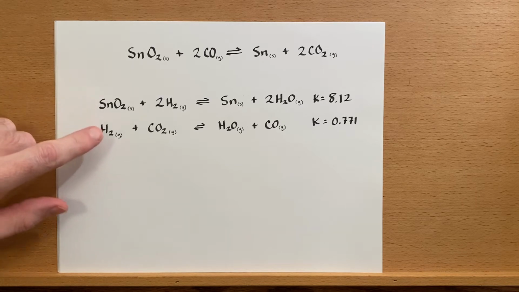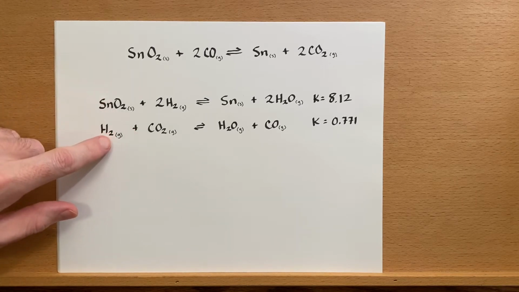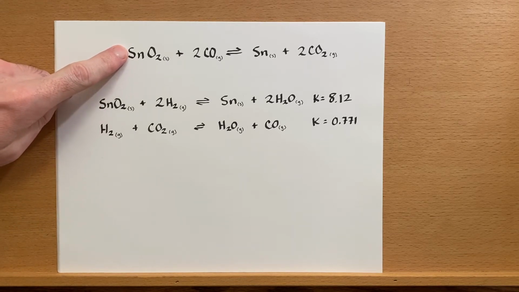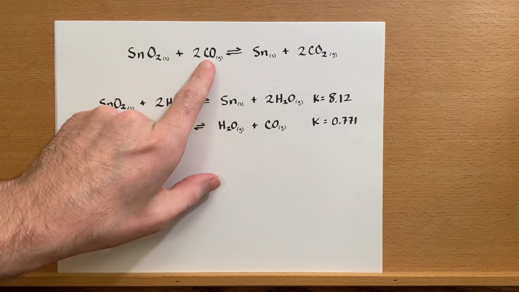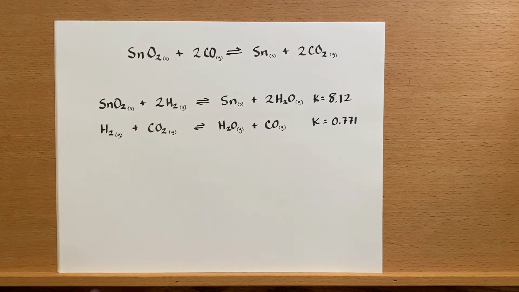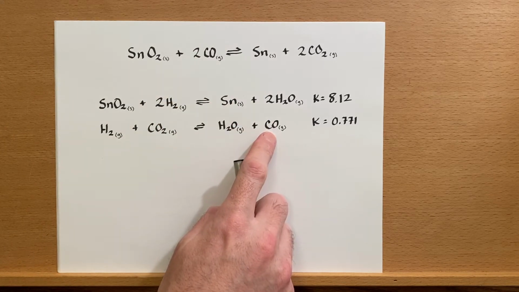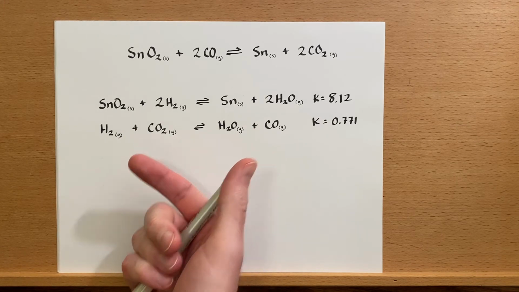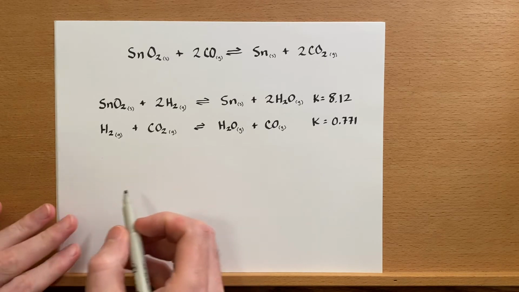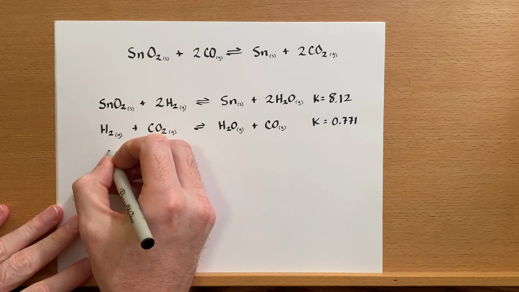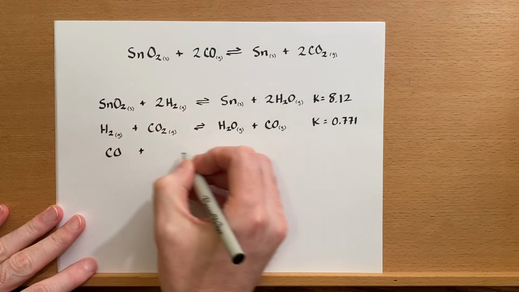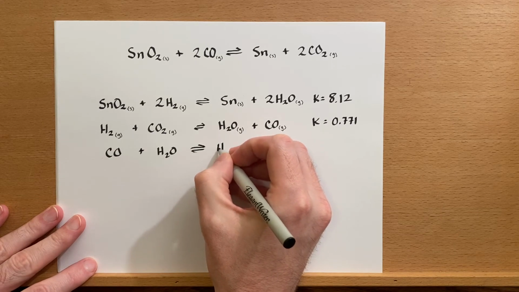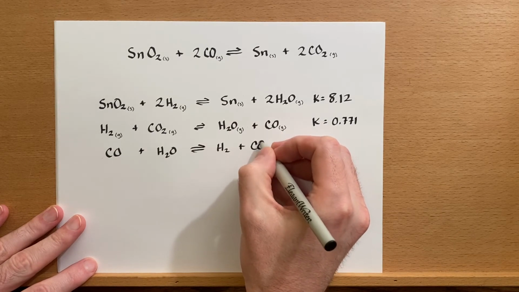Now let's check the second reaction. How can we add this reaction to the one right above it to equal our goal reaction? We'll need carbon monoxide on the reactant side. Well, down here we have it on the product side. So we should exchange the products and reactants. And when we do that, we'll have carbon monoxide plus water